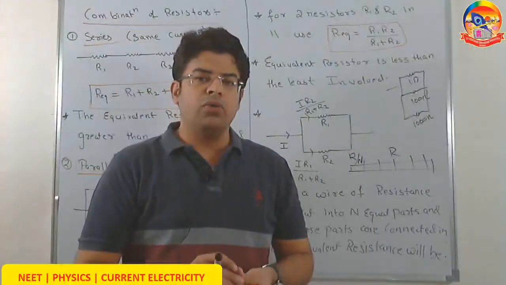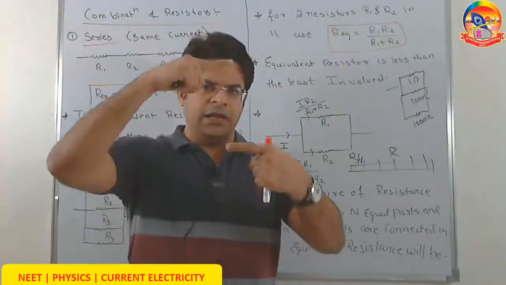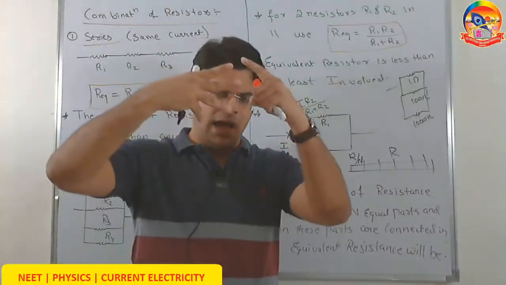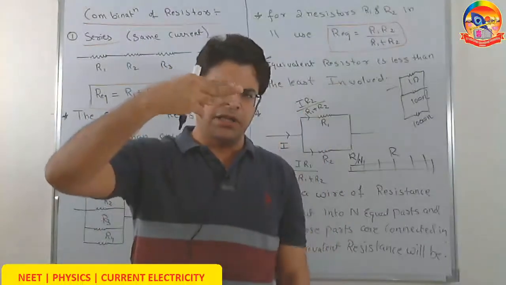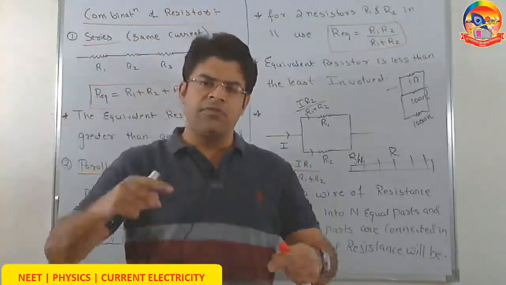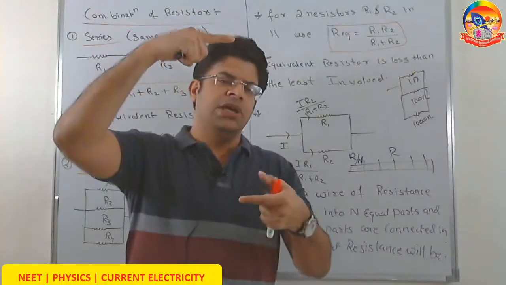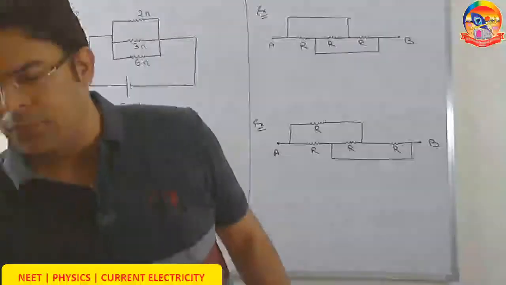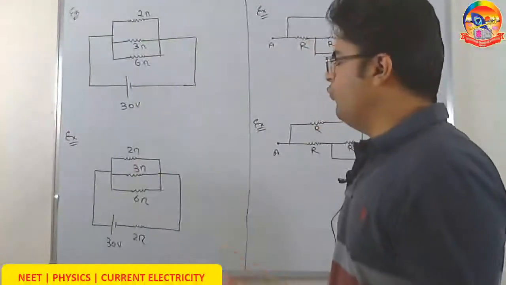Okay. One point which I missed out here. If you have two identical resistances R in parallel, their equivalent is R by 2. If you have three identical resistances R in parallel, their equivalent is R by 3. If you have 4, R by 4. If you have 5, R by 5. If you have n identical resistors, each of resistance R, in parallel, then the equivalent resistance is R by n. Okay, some problems for practice first.